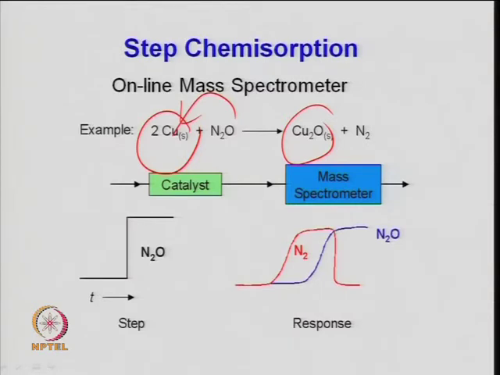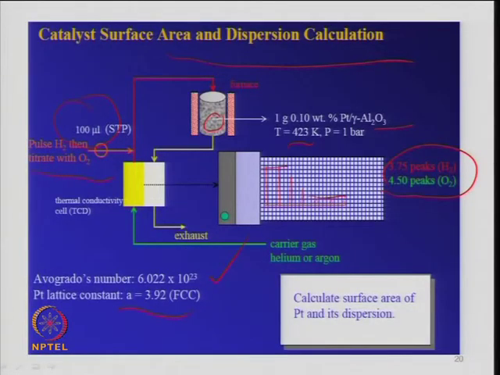So, you take the catalyst, pass the gas through the mass spectrometer, and then you determine the concentration of nitrous oxide which is adsorbed on the surface. So, by difference. If you give a step input, you will get a peak like this and then it is constant after that, and with a pulse it will increase. So, you can find out the response of that gas and you can use it for the determination. Same as what I have shown here.